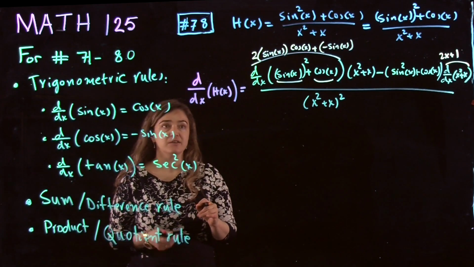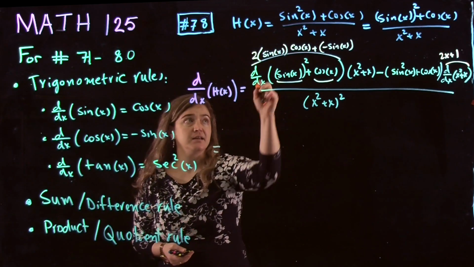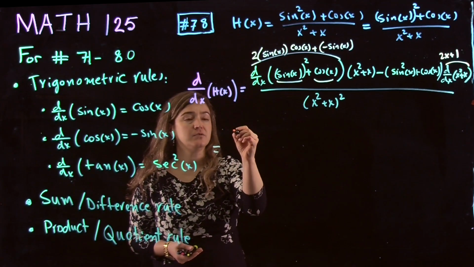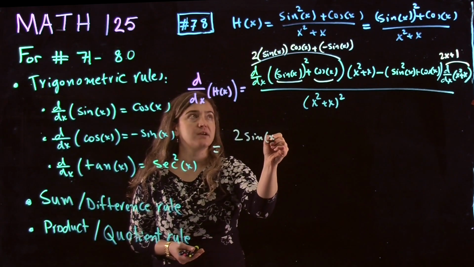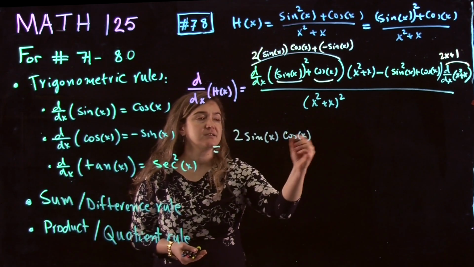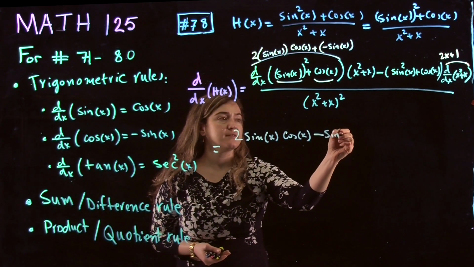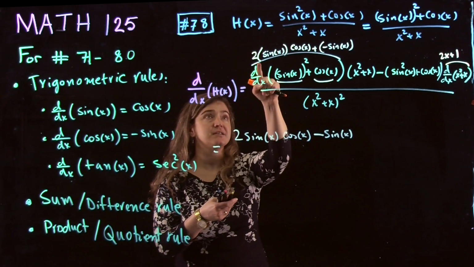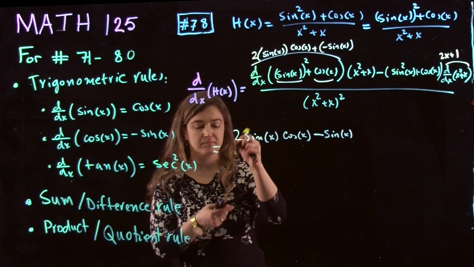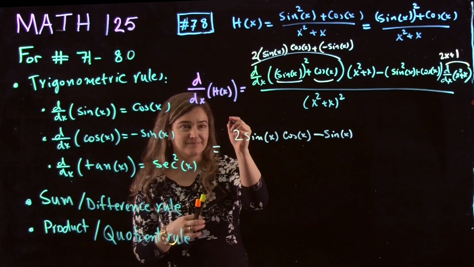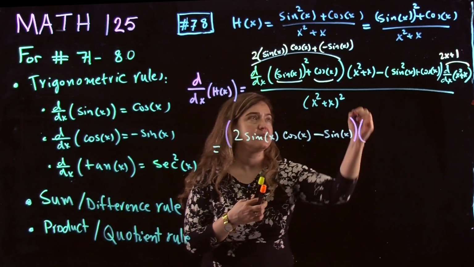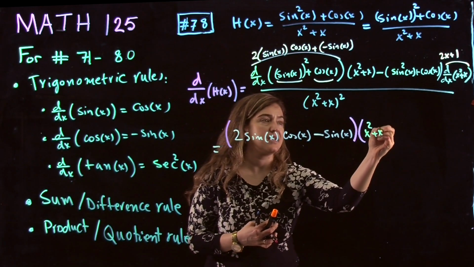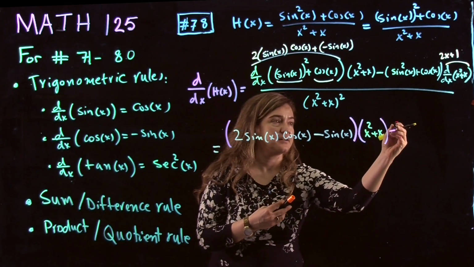Now rewrite this entire thing again, replacing each derivative by its value. 2 sine of x, cosine of x, minus sine of x, the entire thing in a big parentheses, times x squared plus x unchanged, minus